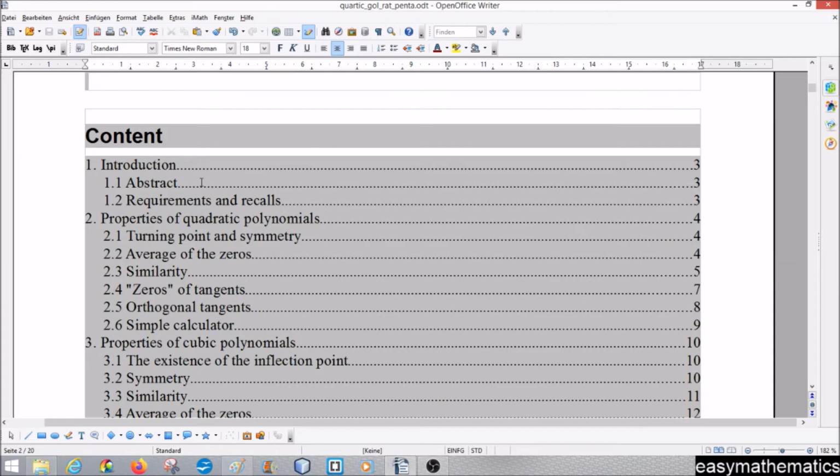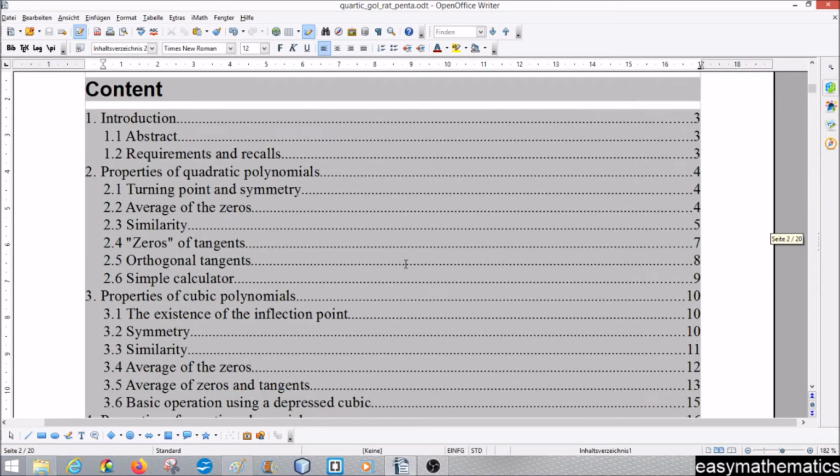So first we talk about what it is about, what we need, and some recalls. And then we discuss basic properties of quadratic polynomials. This will be quite fast, everybody knows it. It's about a turning point and symmetry. We take a look at the average of the zeros, then for similarity. Then we discuss what I call zeros of tangents, then a nice property, orthogonal tangents, and a simple calculator involving